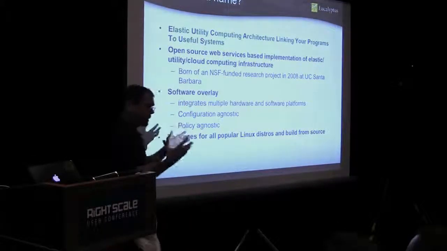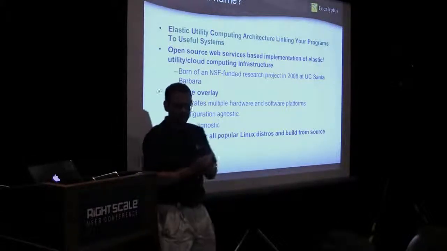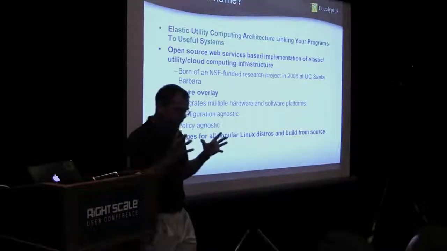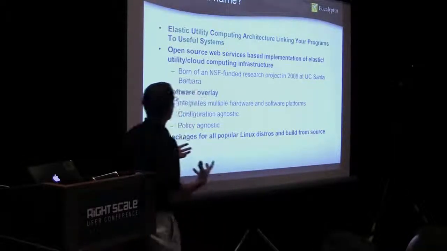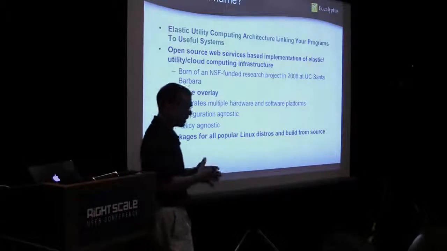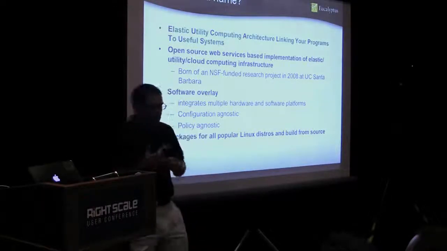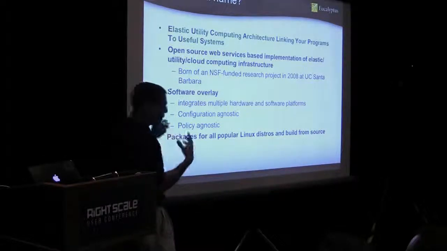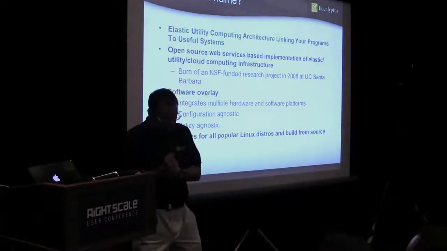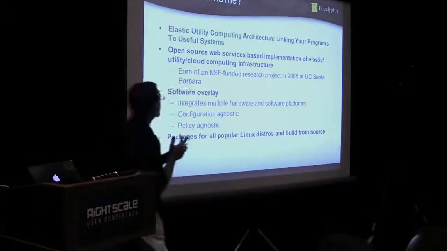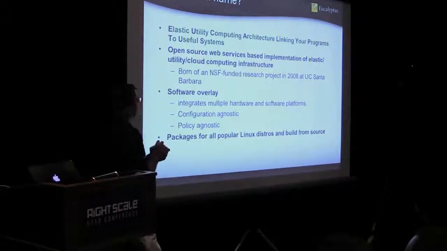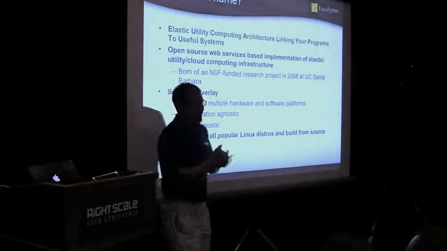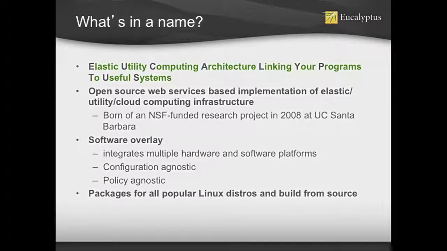And if you've not been to see our friends at RightScale, Santa Barbara is infested with eucalyptus trees. And one of the engineers, then a postdoc in my group, who's a photographer, was really annoyed by this because he couldn't take pictures of the coast. And so one day he came back and he said, you know, Rich, we need to call this project Eucalyptus. And I said, only if we can name it as an acronym. And he said, you can't name this as an acronym. It is, in fact, an acronym, Elastic Utility Computing Architecture Linking Your Programs to Useful Systems.